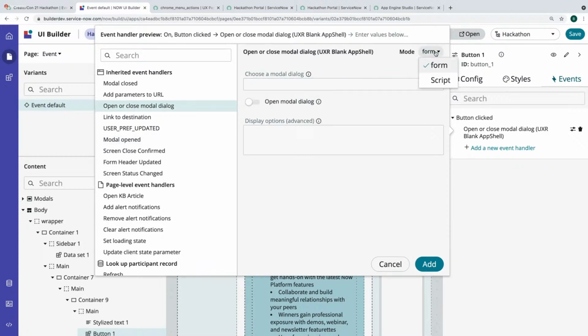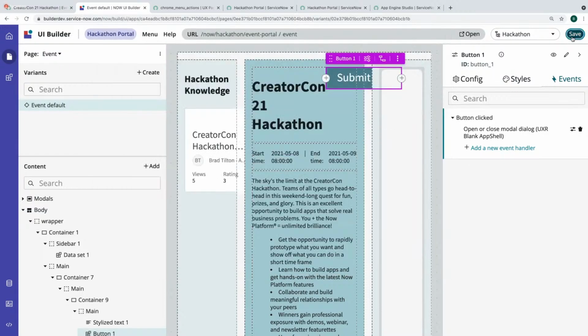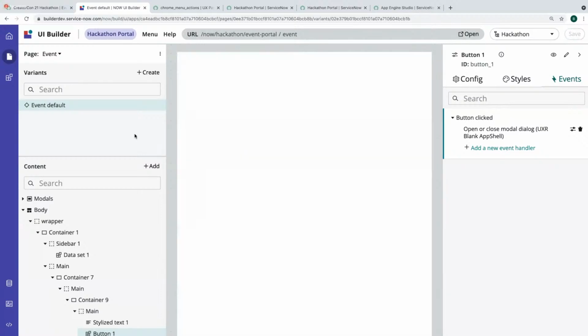Is this not what I want? Click the toggle next to open modal dialog. What's that do? No, nothing. Oh, okay. You're right. If you toggle it the other way, it actually closes the modal dialog. Maybe I need to save and refresh.